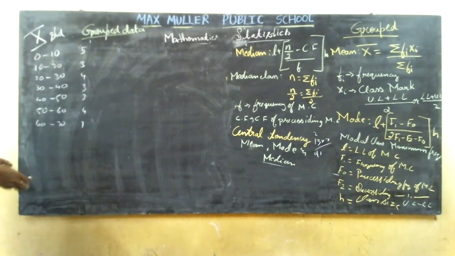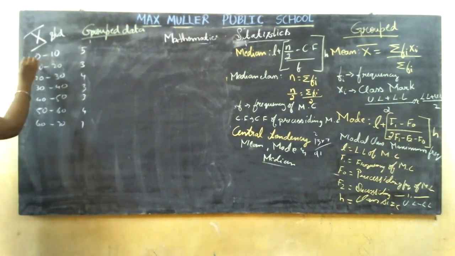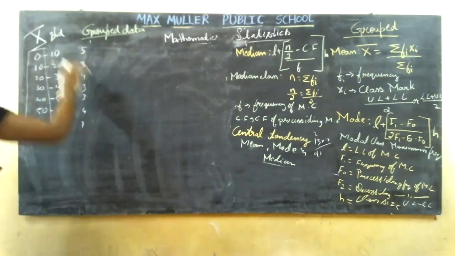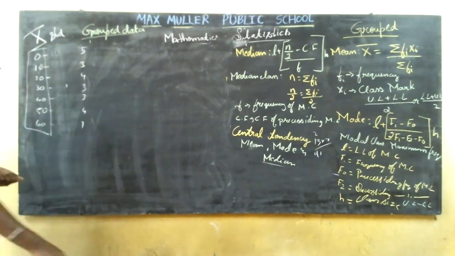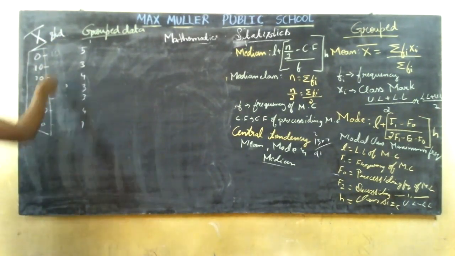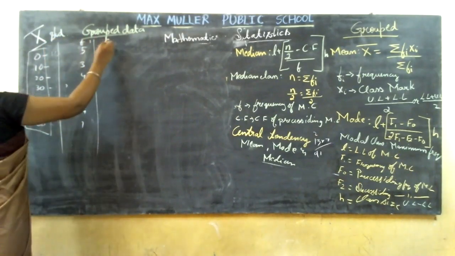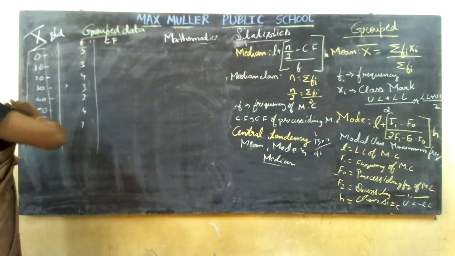Now they have asked you more than another, it is more than 0, more than 10, more than 20, more than 30. So this is the thing you are going to take. Okay, in a separate tabular column, you are going to remove this completely and you are going to take this as the more than accumulate, that is the 10, the class interval. Now this Fi is there. Now you are going to do CF. CF, how are you going to do CF?